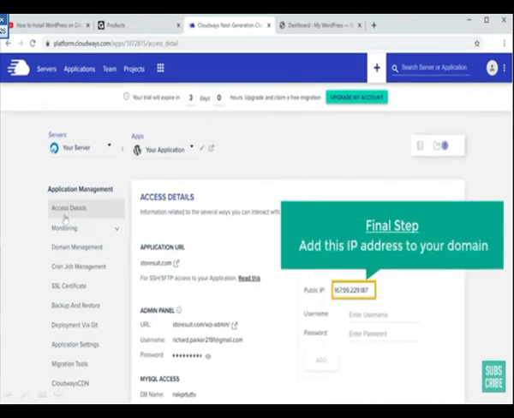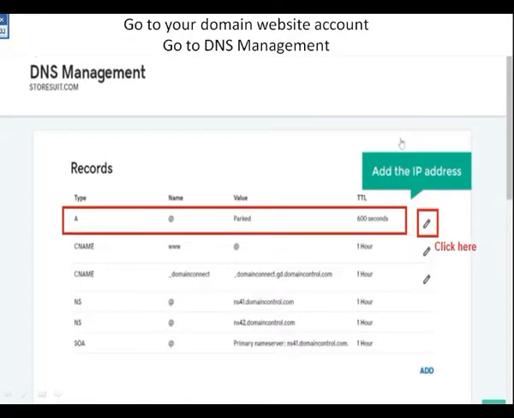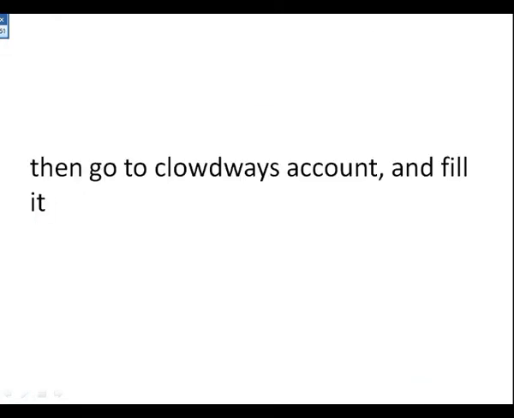Final step, add this IP address to your domain. Go to your domain website account and go to DNS. There you can see in DNS management, the first line is starting from A. So just click on edit and add the IP address. Come to the Cloudways website and come to the access details option.